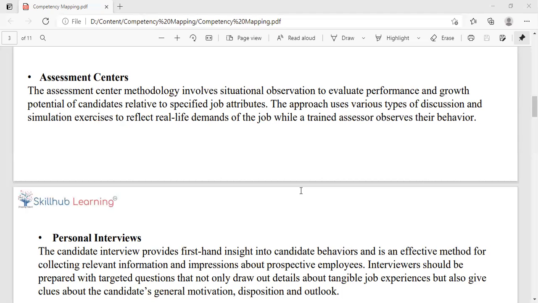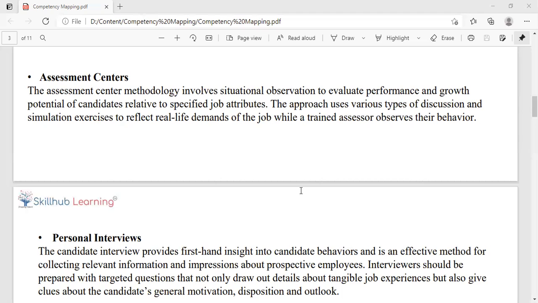In fact, in the civil services exam, though they may not check the physical attributes, they test the emotional and the cognitive elements through the kind of interviews they take. So assessment center basically is a methodology to observe the potential and evaluate your parameters. And this is very specific to the job attributes, and very specific to what we are trying to evaluate.